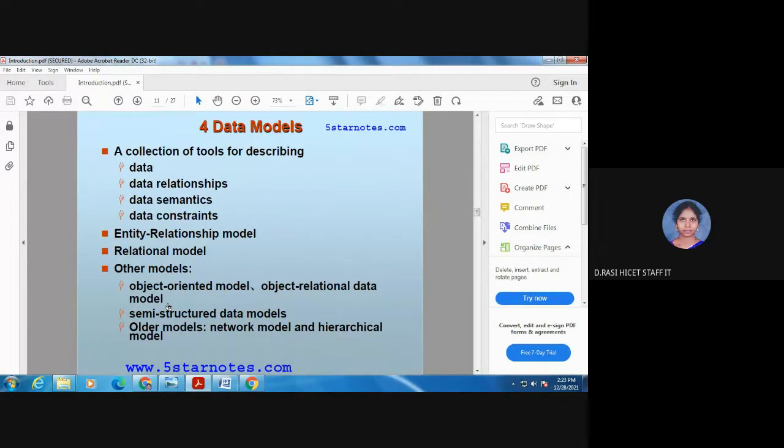But here, the portions will cover only the ER model and the relational model, and then we'll move to relational calculus and SQL along with integrity constraints. So I'll move on to the entity relationship model now. So you know that entity